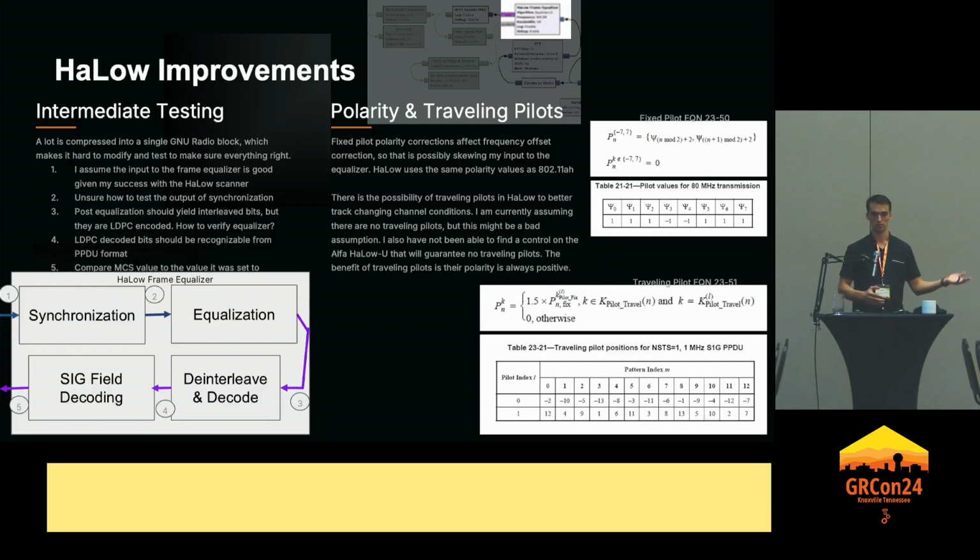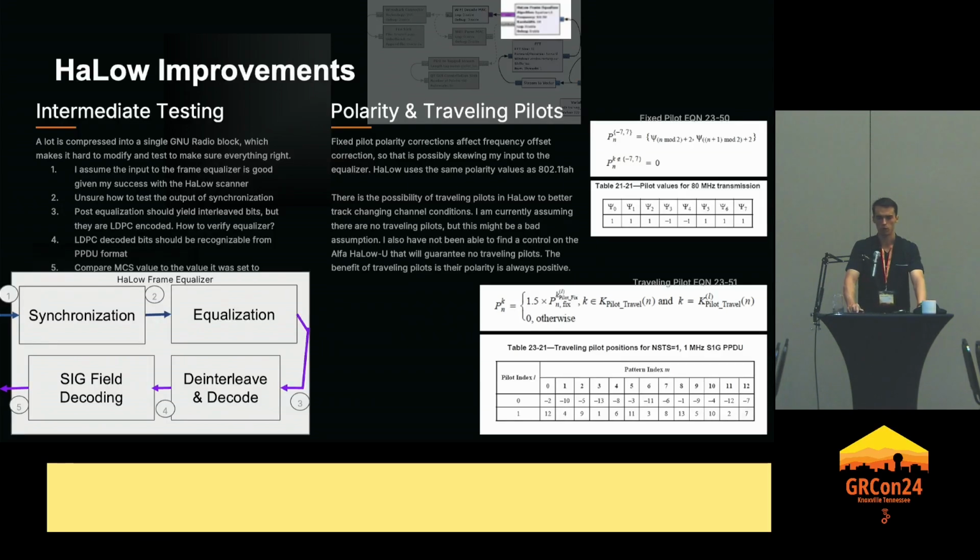So realistically, and I have it pictured up on the screen in the bottom left there, the Halo equalizer is trying to do four things. So breaking those steps out and being rigorous about looking at the inputs and the outputs to each block, testing each one to make sure that it matches what I would expect, and see where I'm going wrong.